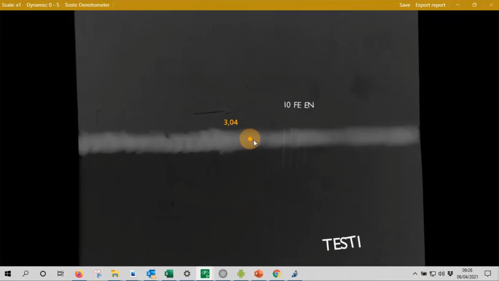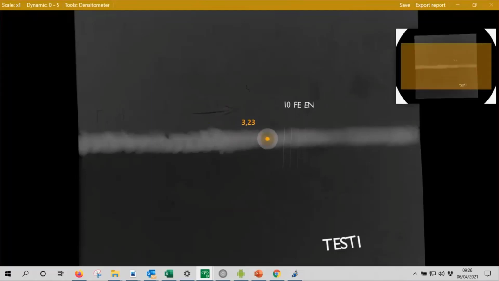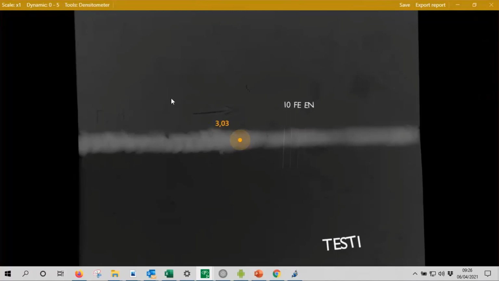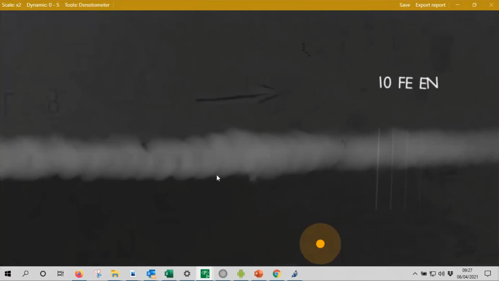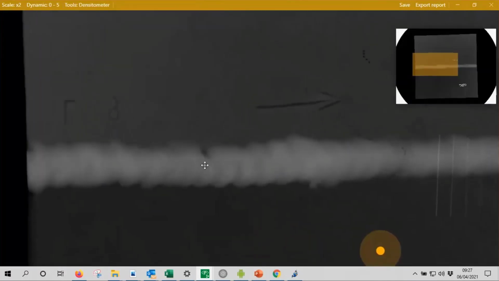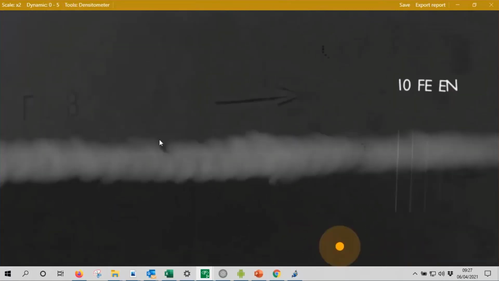So you can see that my shot is correct. I was looking for optical density of 3 on the bevel, so I correctly read my exposure chart. So I have an optical density of 3 on the bevel, more or less here, and you can see the image. You can zoom here, and the idea, of course, is to see also the flaws, the indications. And so you can see here, for example, if you move a little bit the image, you have undercut here, you have a lack of penetration here.